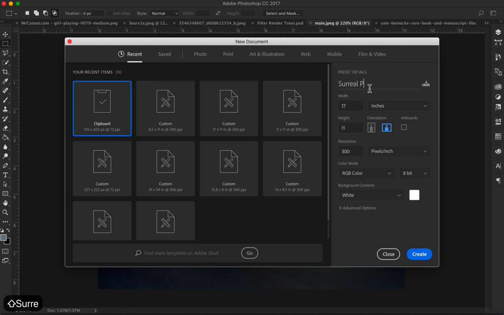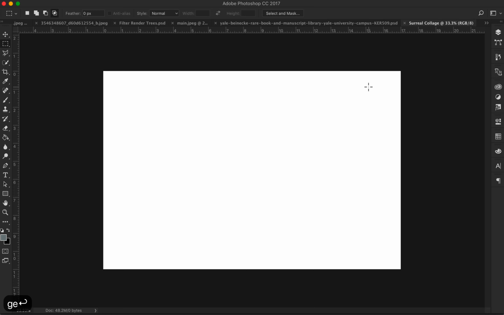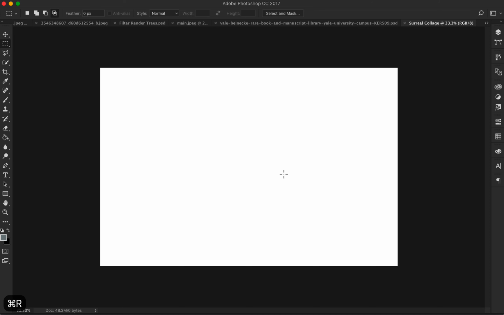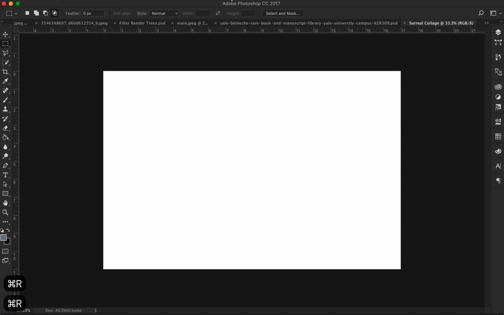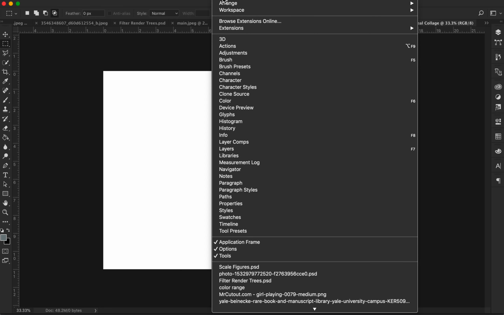And then up here I'm going to give my file a name, so I'm just going to do Surreal Collage. Okay. And then to turn my rulers on, you hit Command R. To get this window set up as I have it, if you go Window,